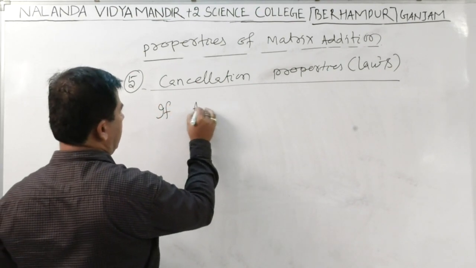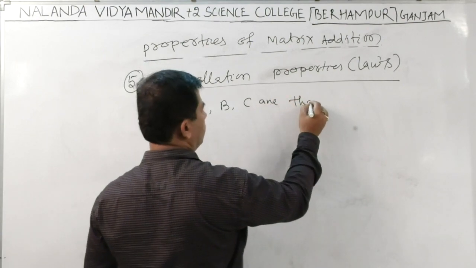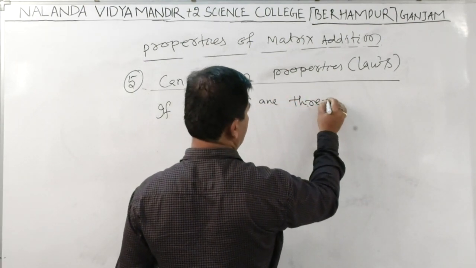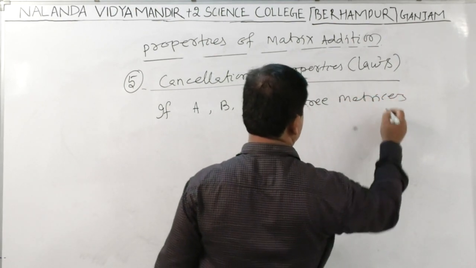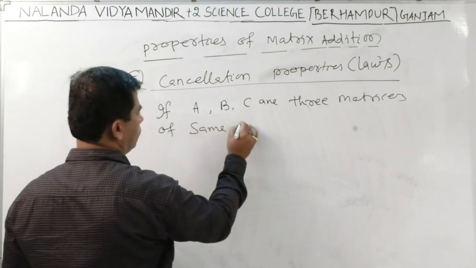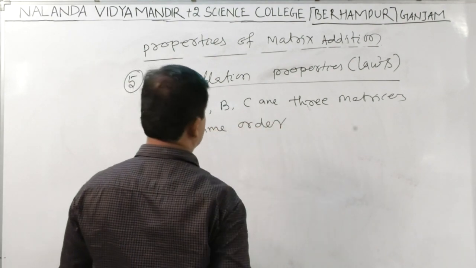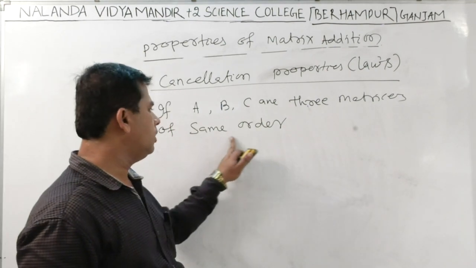If A, B, C are three matrices of the same order,